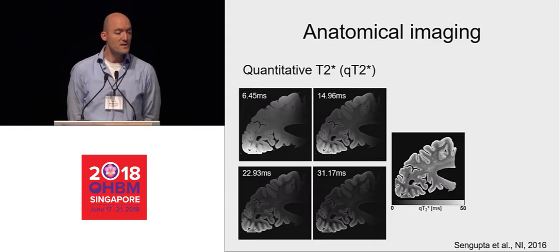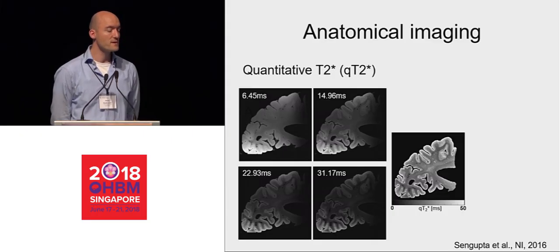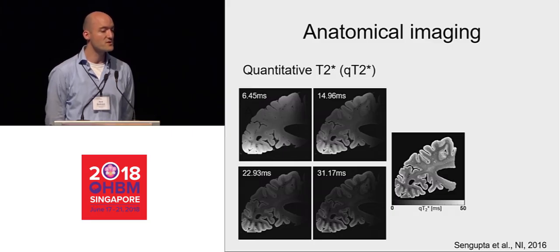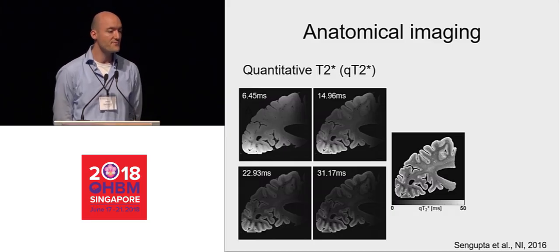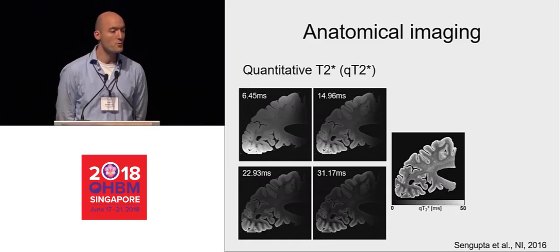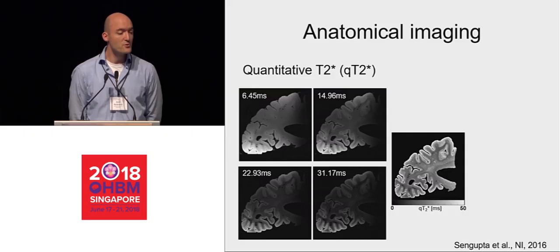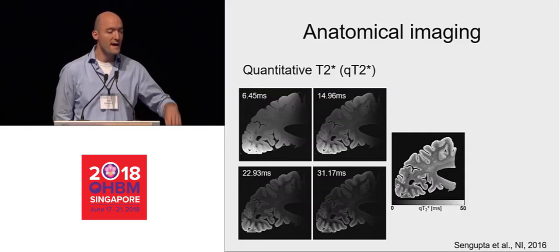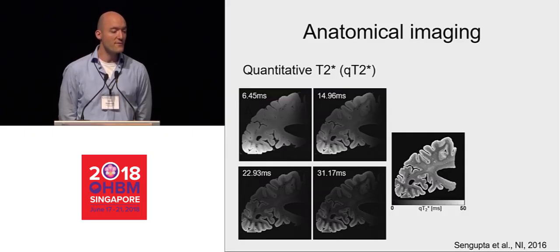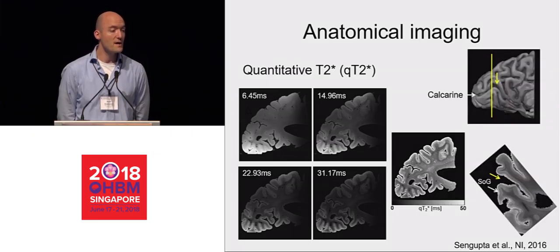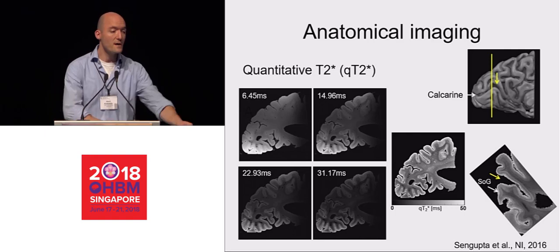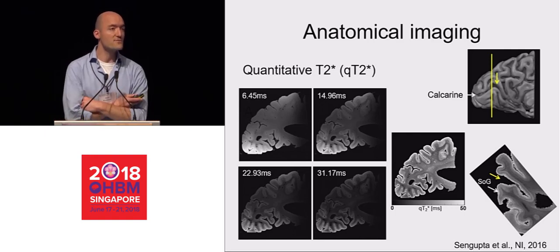And I hope you can appreciate that the advantage of this is that the bias fields that you, for instance, get from the receive coil sensitivities that you can see on the images on the left, for instance, you can see that the occipital pole at the bottom is much brighter than the rest of the tissue, get neutralized, they get absorbed into another map in the quantitative fits, and so you have the advantage of having a bias-free, field-free map, and also of having very exquisite T2 star contrast, which is sensitive indirectly to iron